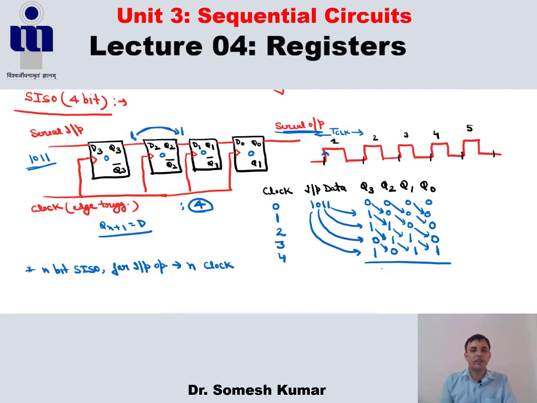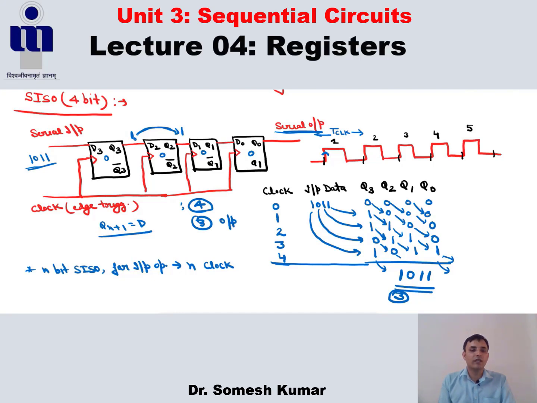So after 4 clock cycles, we already get this 1 here at the Q0 position. So in the next clock pulse, we get again 1 here. In the next clock pulse, we get this 0 here, and in the next clock pulse, we get again the 1 here. So how many clock cycles are needed for the serial output operation? You know that after 4 clock pulse cycles, we already get the 1, and after the next 3 clock cycles, we get the 1 0 1 1. So the total number of clock cycles needed for the output operation here is 3, because 4 are used for the input operation, and the next 3 are used for the output operation.